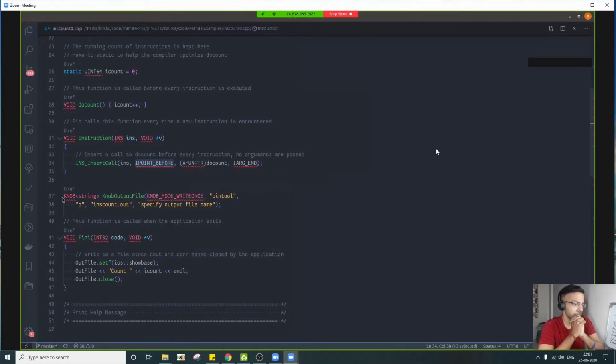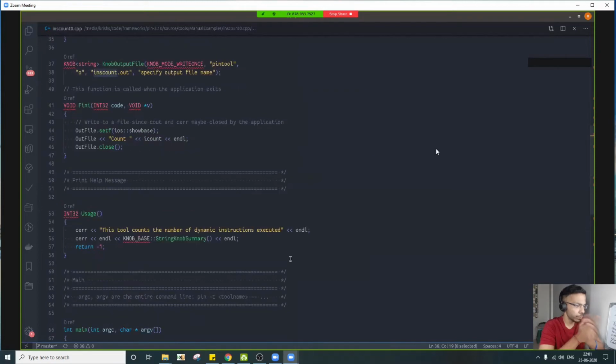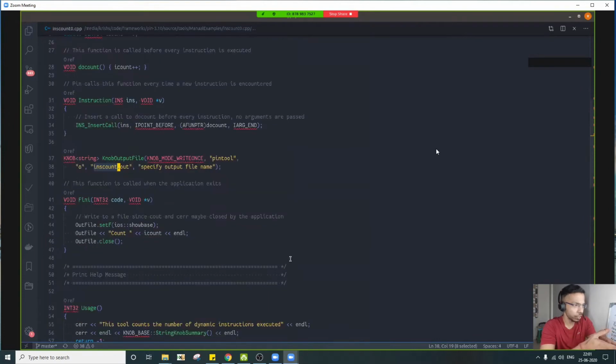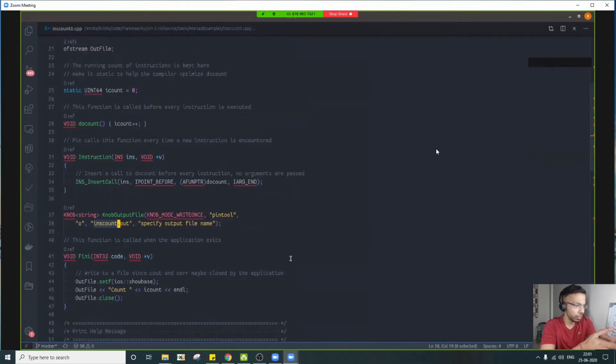And this particular knock function is like passing command line parameters to your pin tool. Right now, this thing only accepts a single command line argument, which is the output log file name. It is not passed to the application you are measuring code coverage on. This command line argument is for this particular pin tool. Once you run it, I'll be able to understand, I guess.